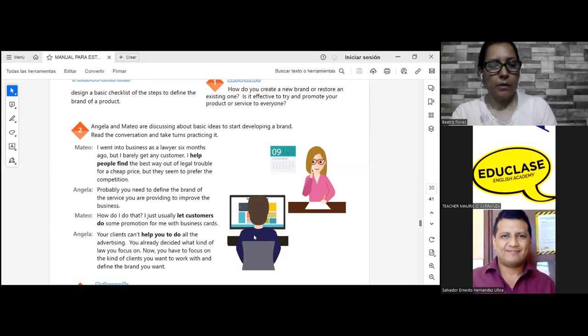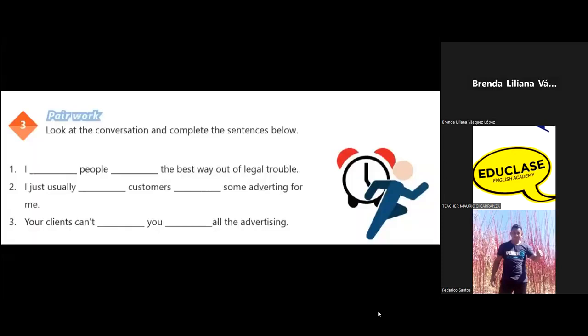Best way out of legal trouble for a cheap price, but they seem to prefer the competition. Probably you need to define the brand of the services you are providing to improve the business. Complete the sentence below. Okay, number 1,